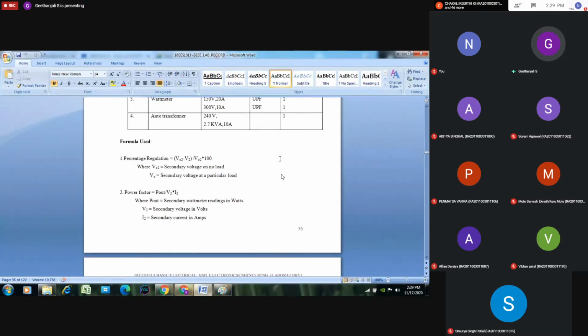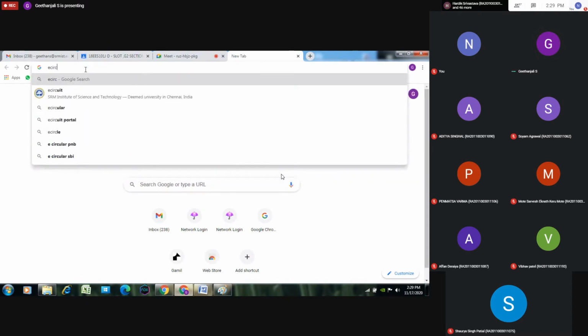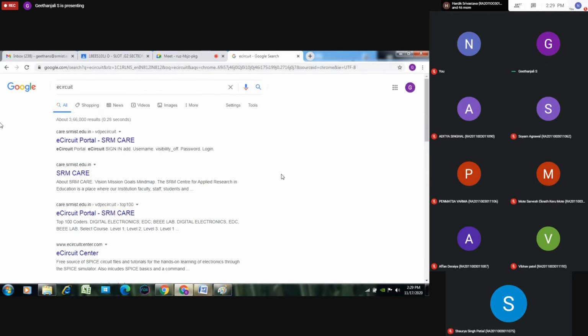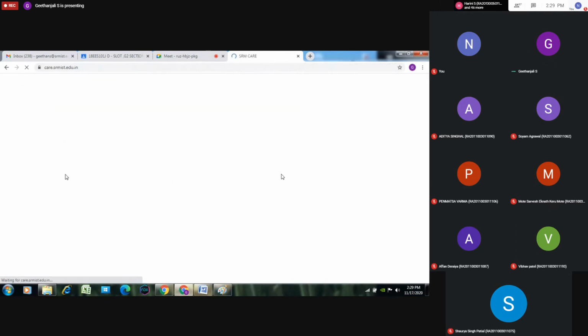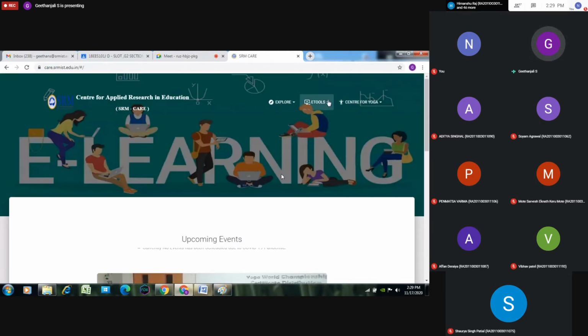The transformer topic is available in unit 3 also. By that time we will see the experiment in detail. I will explain the advanced things related to the transformer, everything, in unit 3. As of now, this introduction is sufficient to do the experiment. All of you open the E circuit. Whatever I am telling, all of you follow and take the readings. We are going to take 4 to 5 readings only.